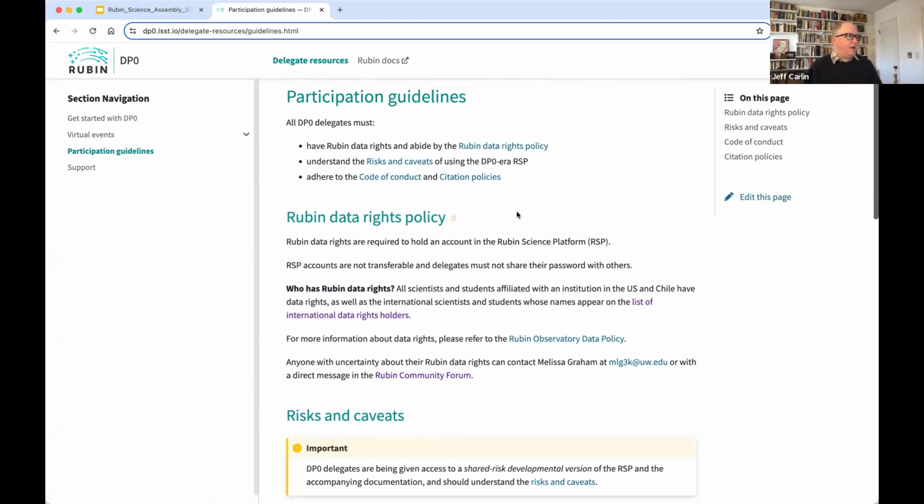What that means is if you are affiliated with an institution in the US or in Chile, you have data rights. Also, if you're an international scientist or student whose name appears on the linked list of international data rights holders, you also have data rights and are eligible to have an account. There's a link to the policy about this, and if you're uncertain, you can always send a message on the community forum or directly to Melissa.